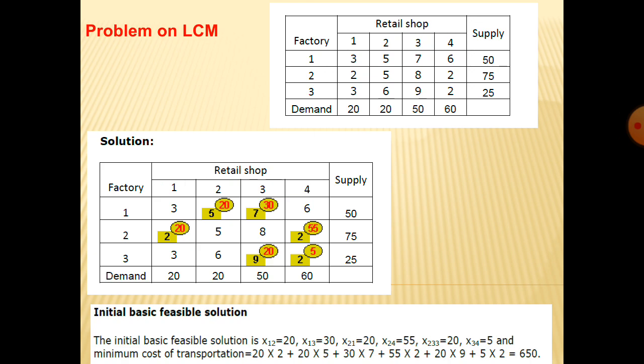At present, in the transportation problem I have told the northwest corner rule with balanced type and unbalanced type. Try to solve these two methods very clearly. Try to solve more problems, then you will get a very clear idea about this. Okay, good luck.